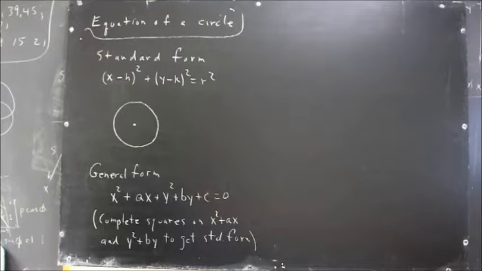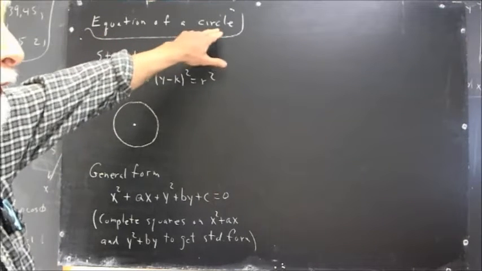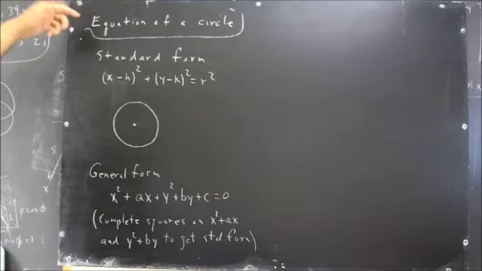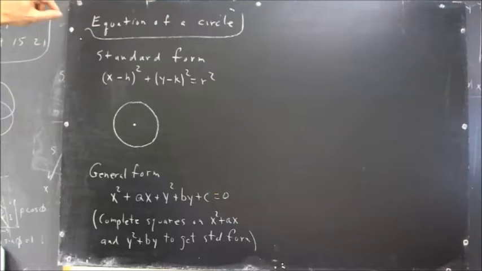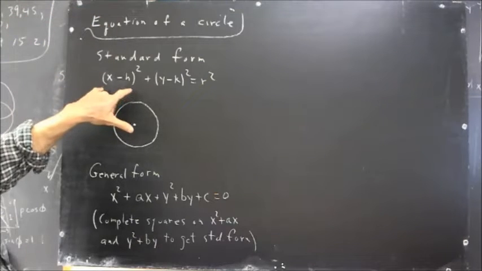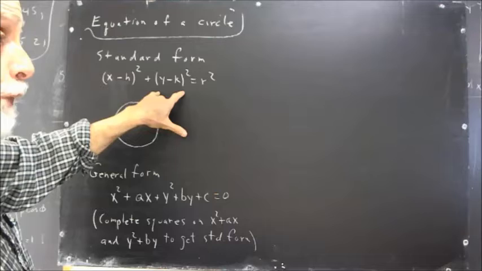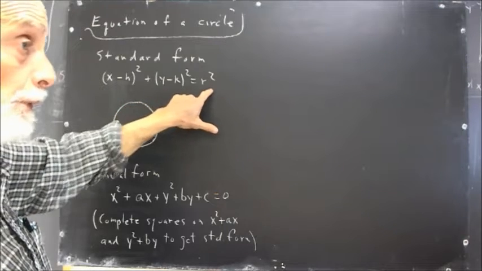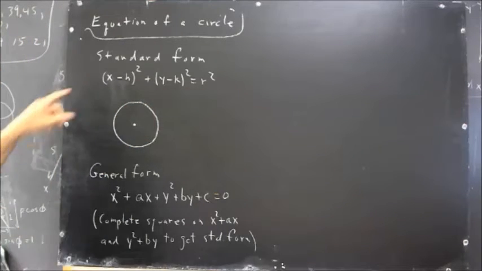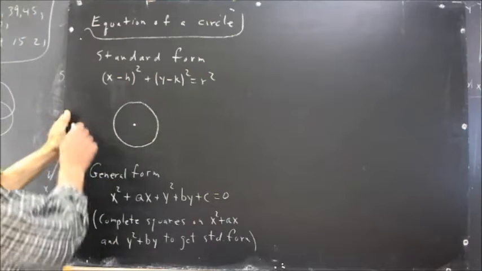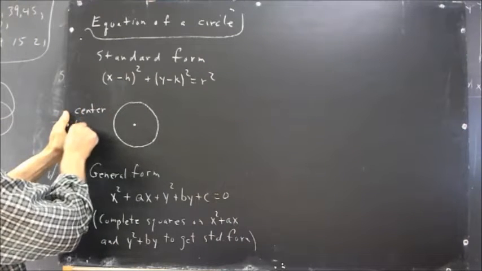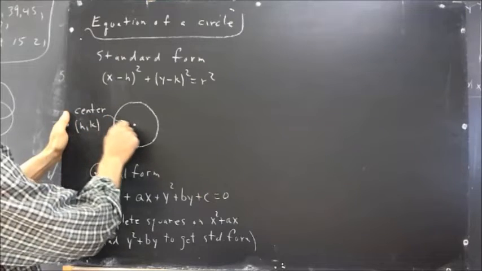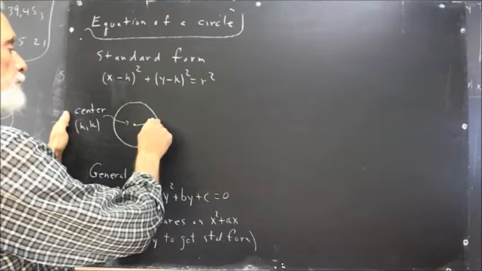We had a question about the equation of a circle, and especially the difference between the standard form and the general form of the equation of a circle. Standard form is (x minus h) squared plus (y minus k) squared equals r squared. And that's the equation of a circle whose center is at (h, k) and whose radius,